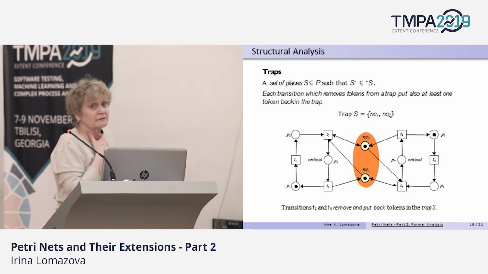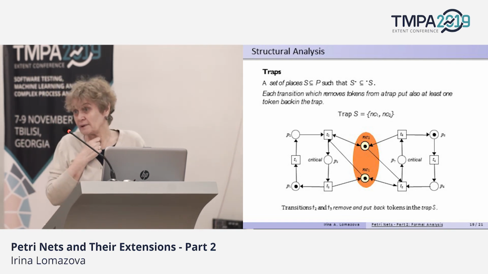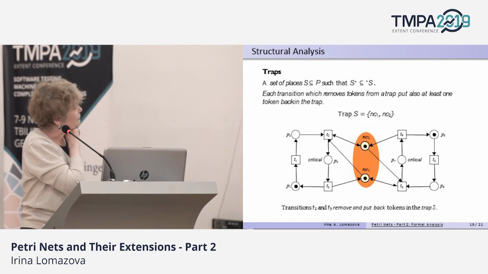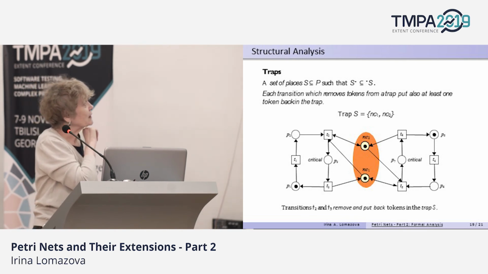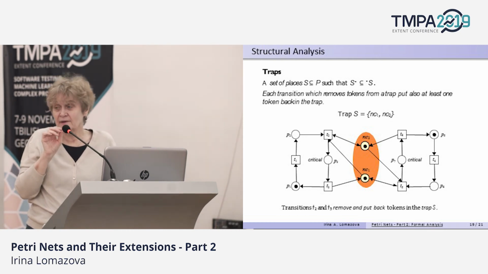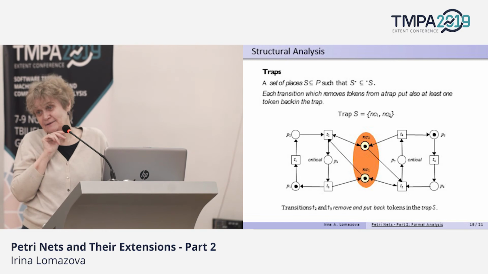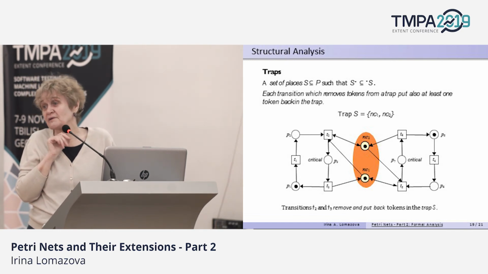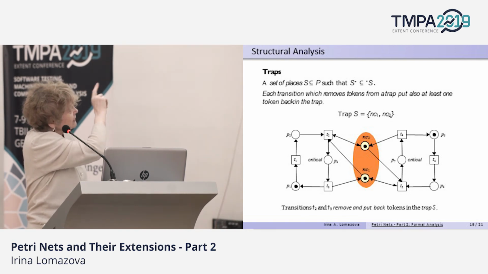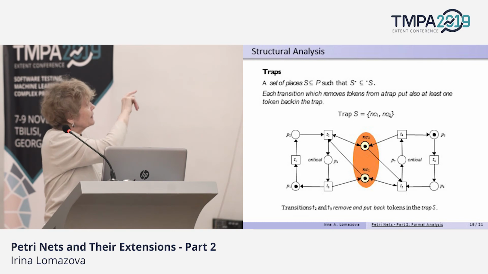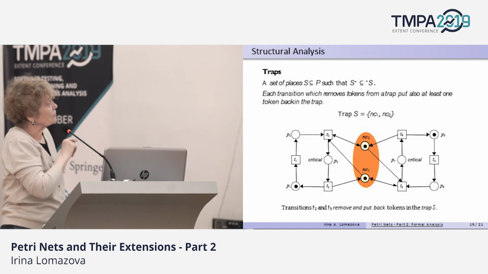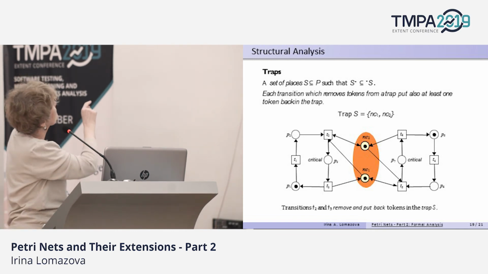notion is a notion of a trap in a Petri net. A trap is a subgraph, so just a set of places actually, such that whatever transition fires, it can't empty this set. So it also can be easily checked. So for instance, we look at NC2 and NC1 here. Then if a transition, say T2, takes a token from NC1, it